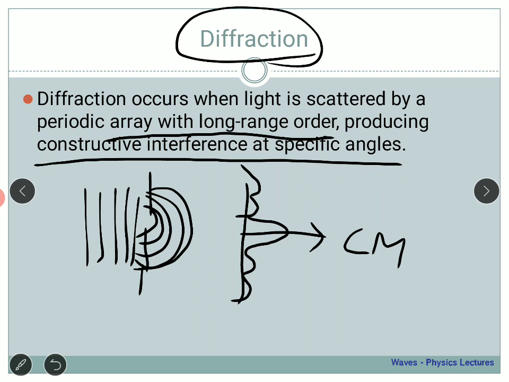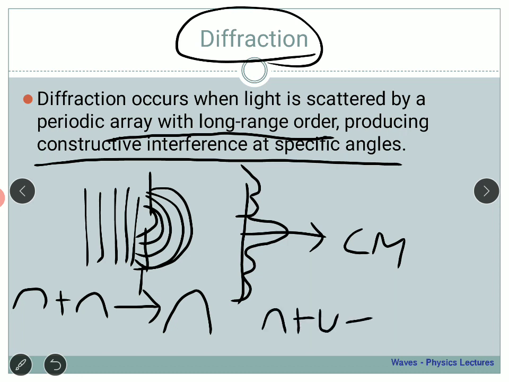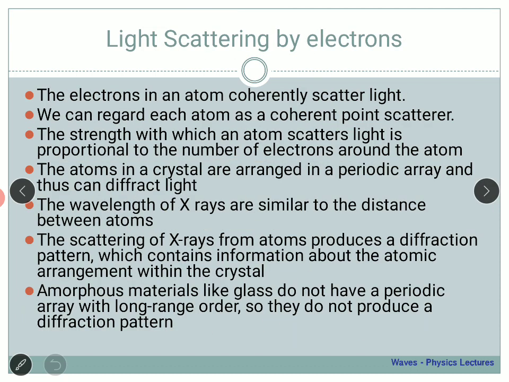So if you remember constructive interference, if two waves are constructively interfering, then obviously the resultant intensity will be high. On the other hand, if we have two waves which are exactly opposite in phase and then they interfere, you are going to get a dark part. So this is what is happening here, and if you have a bright spot, this is what is happening here. So this is the pattern that you are basically going to get. So that is what diffraction is all about. I hope you can all recall that.